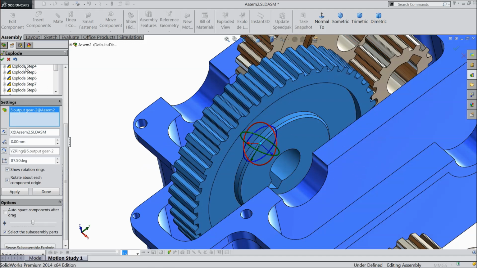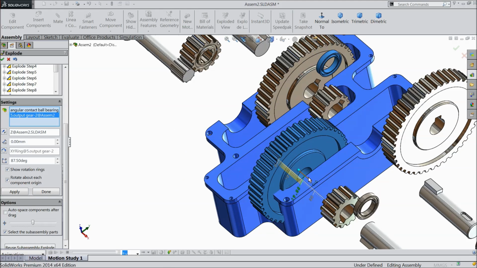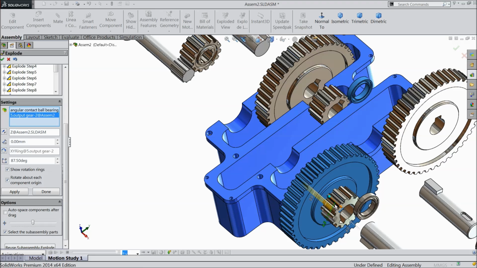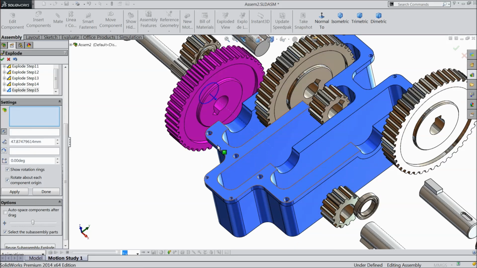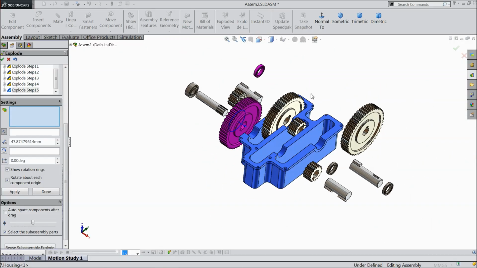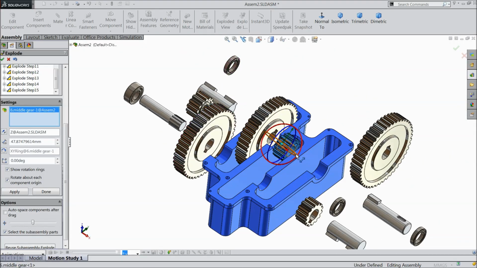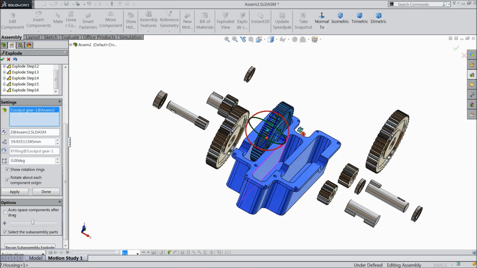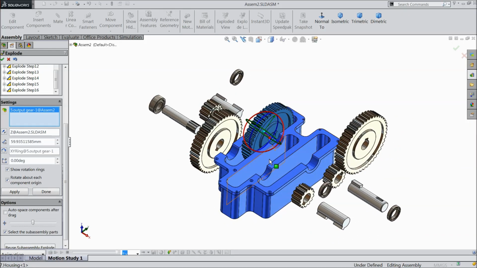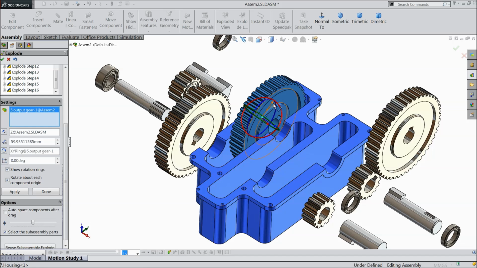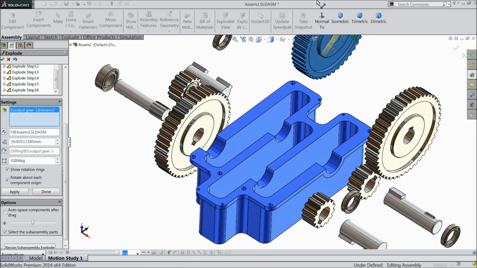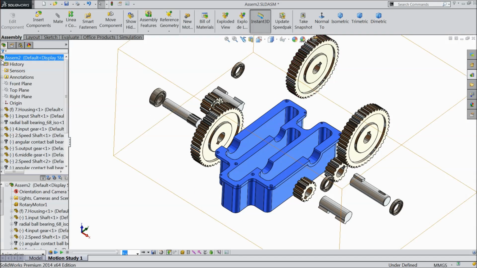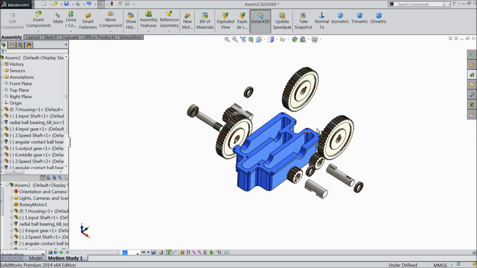This arrow also rotating, undo, or take out this shaft. Take this position. Okay, it is not perfect, but just